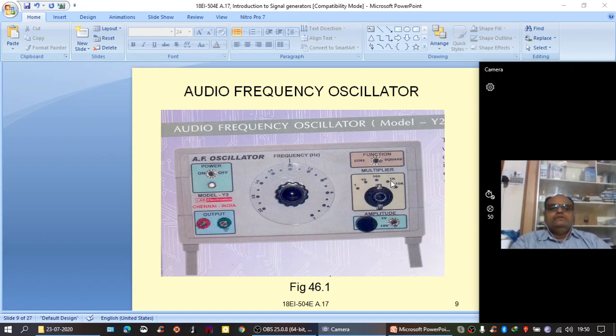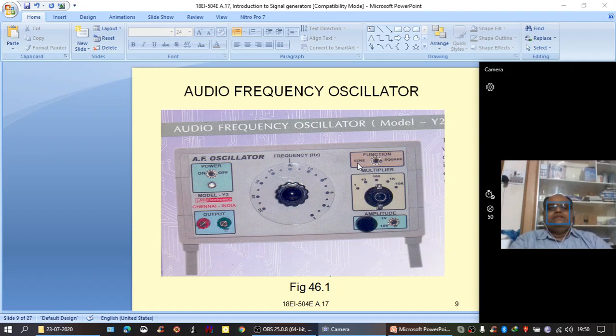And the fourth one is in terms of 1 kilohertz, that is 1 kilohertz, 2 kilohertz, 3 kilohertz, and so on. And the fifth one is 10 kilohertz, up to 100 kilohertz. So this audio frequency oscillator produces frequencies from 1 hertz to 100 kilohertz,